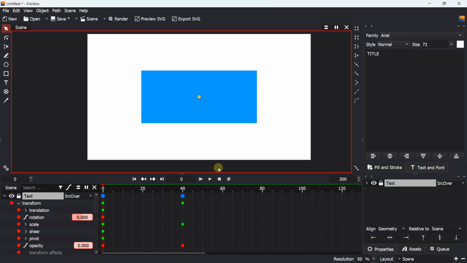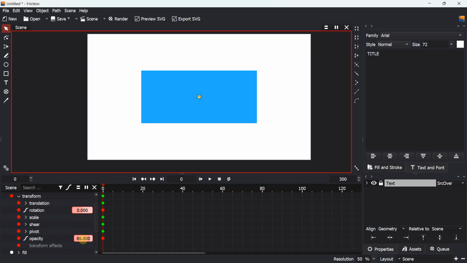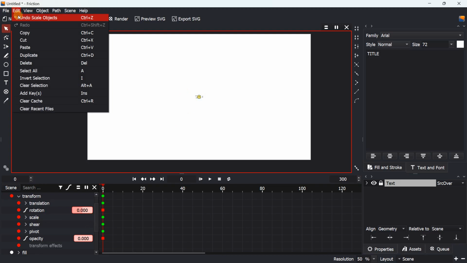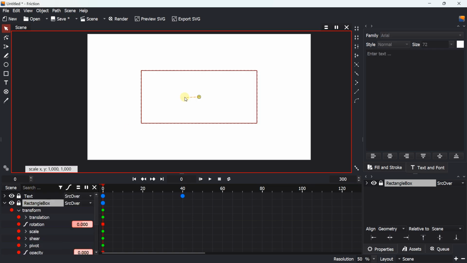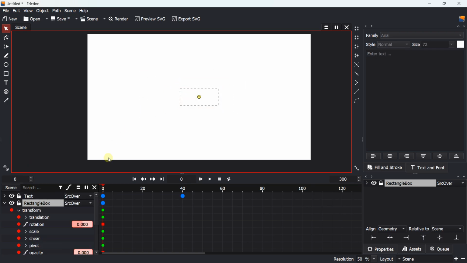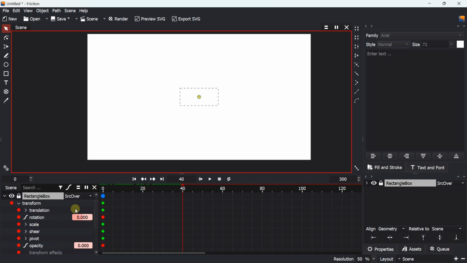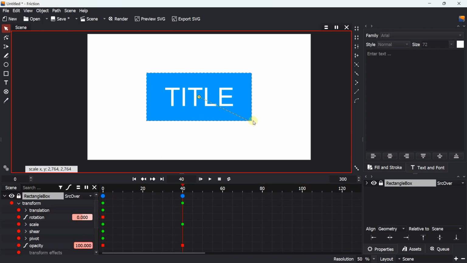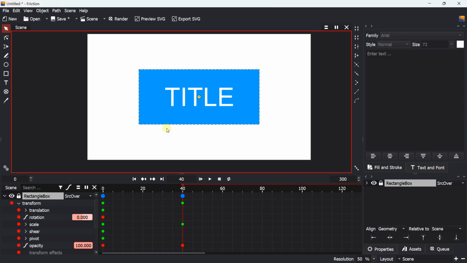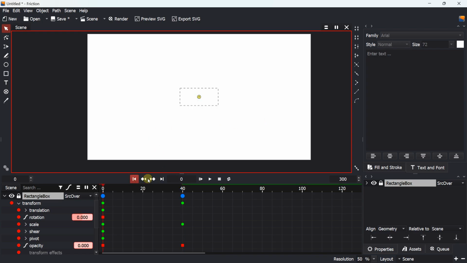And I will do, for example, the same type of thing with the rectangle. So with the rectangle, I will click here and activate the rectangle at 0. And at 0, I will put opacity of 0 and I will scale the rectangle as well. So I need to click on my rectangle here and I will press S to scale the rectangle, like this. And when I go at 40, I will do the same type of thing. So at 40, I will recuperate my transparency and I will press S to scale as well until, for example, this area. And thanks to that, I created this small animation.